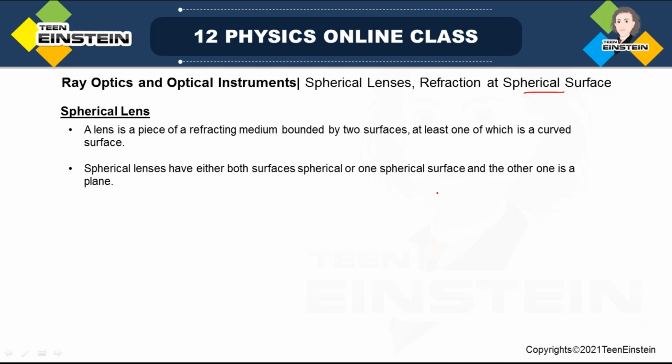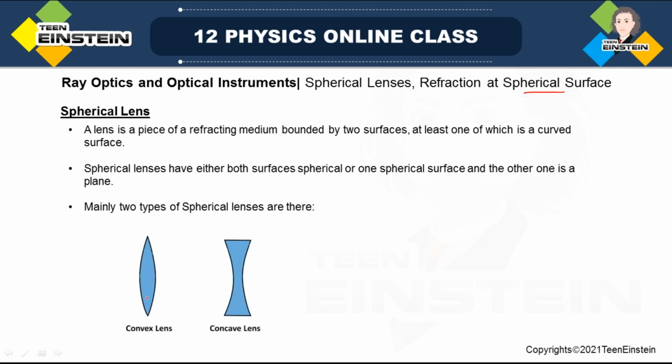So spherical lenses are mainly of two types. What are those? One is convex and another one is concave. There are mainly two types, convex and concave. Okay. So you might be thinking why we are saying spherical lens, simply we can say lens. I'll come to that point, but before that I can just tell you,